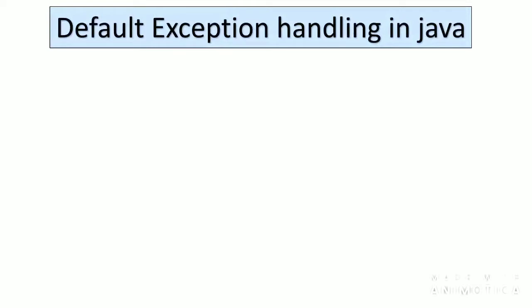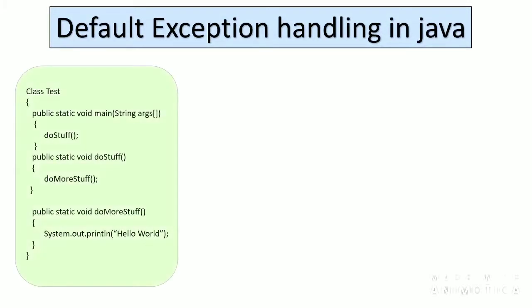Now, in this lecture, we will be learning default exception handling in Java. So, we have a block of code. As we already discussed earlier, in every Java program there is always a thread named main thread. For every thread, the JVM will create a separate stack at the time of thread creation. So in this case, the main thread is created by the JVM and its corresponding stack will be created. Now the stack is created for the main thread.